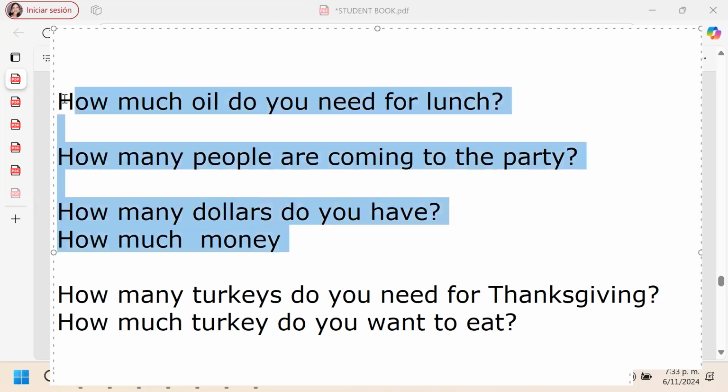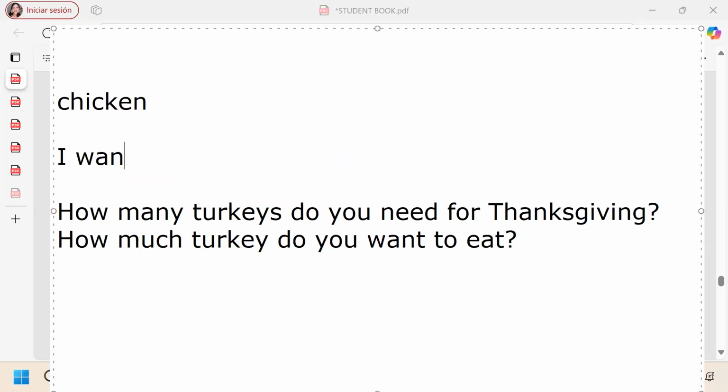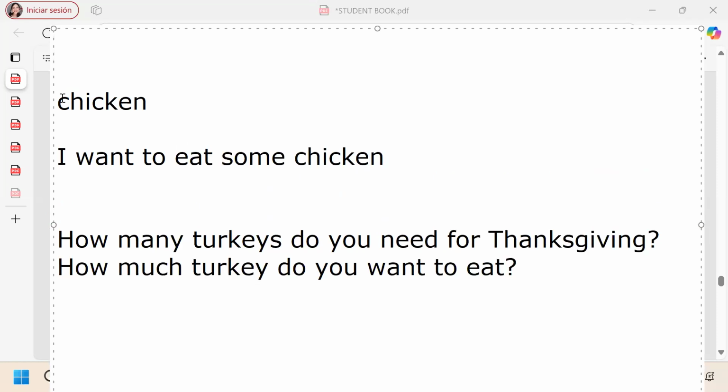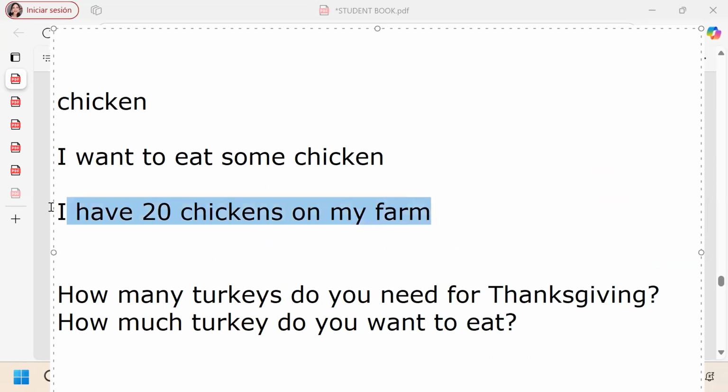They can change. For example, chicken. Chicken is uncountable. Okay? I say, I want to eat some chicken for lunch. But if I have a farm and I say, I have 20 chickens on my farm. In this case, it's possible, it's correct. Because I'm talking about the animals that I have on my farm. So it depends. You know that in English sometimes it all depends on the context, okay? So we have to read the sentence and be sure, because sometimes they can be countable and sometimes they can